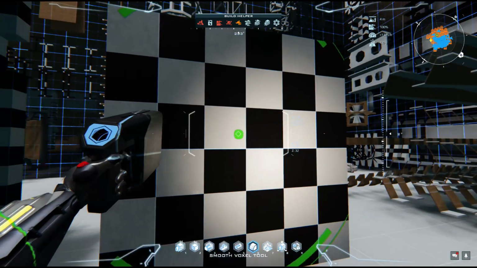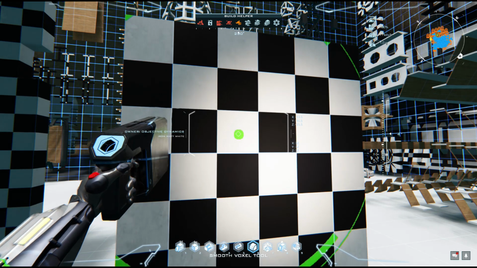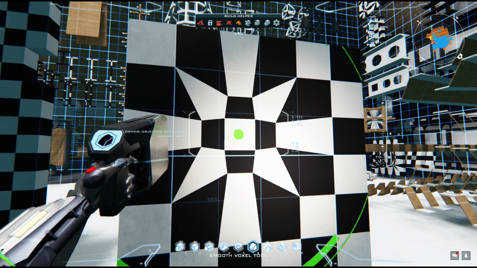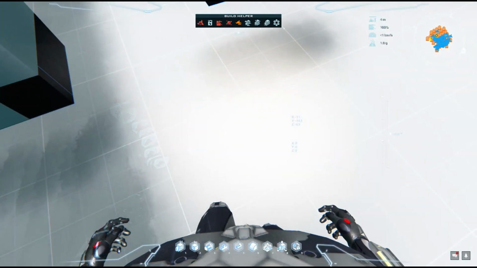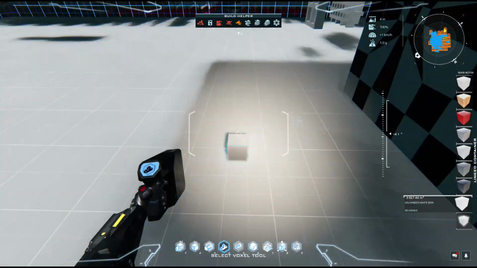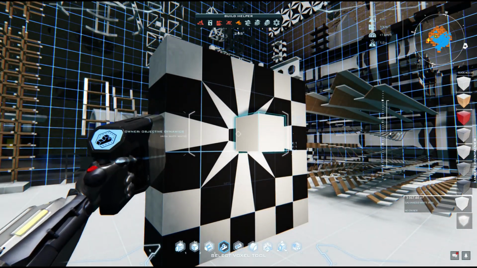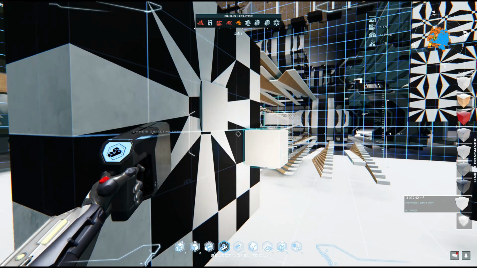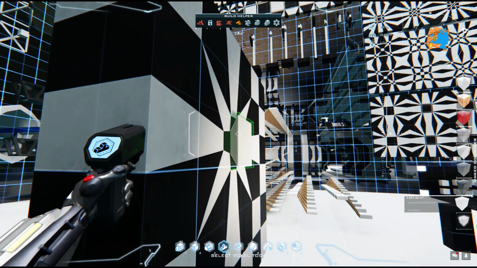Alright, another pinch. Two times. We're taking the print, so taking the voxel and putting it inside. Okay, so what I want is this one